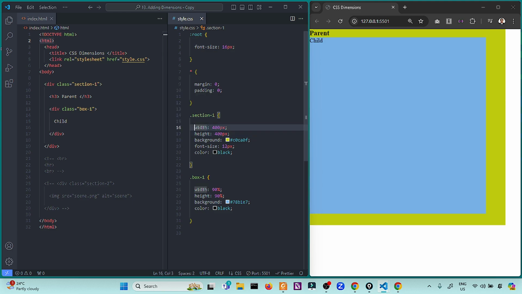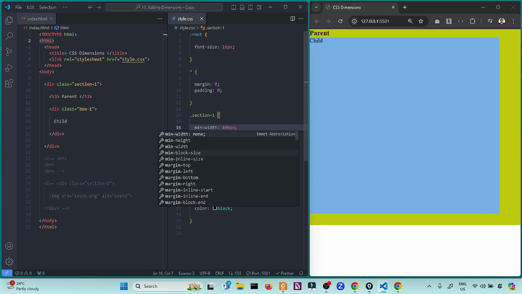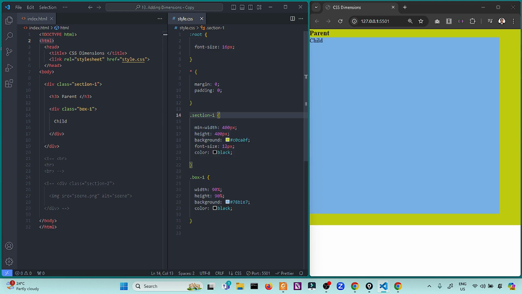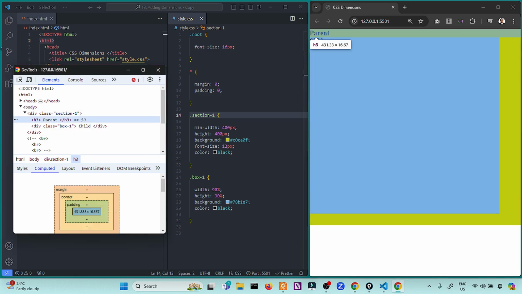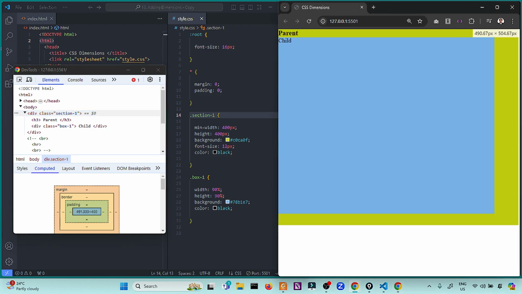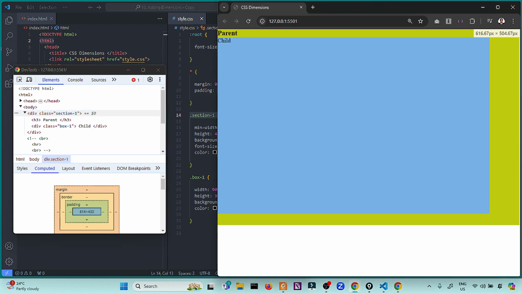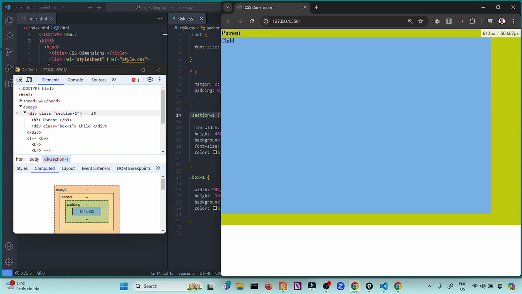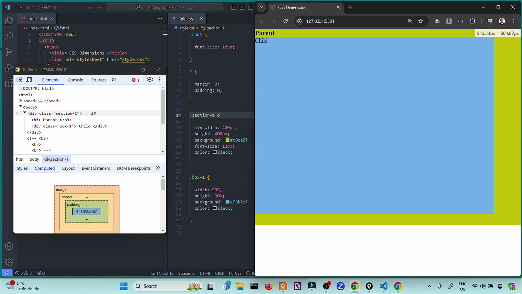So what if I introduce the value of min width? As you can see, the parent expanded. Again, I'm selecting section 1, and now our width is 431. So it adapts to screen sizes, because you're telling it that the minimum width it can accommodate is 400 pixels.